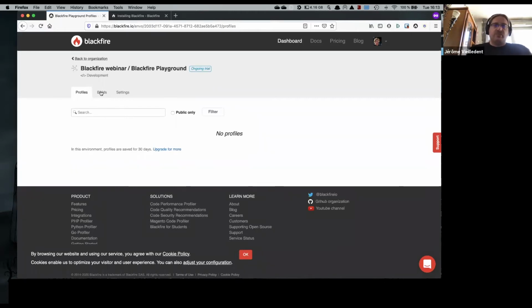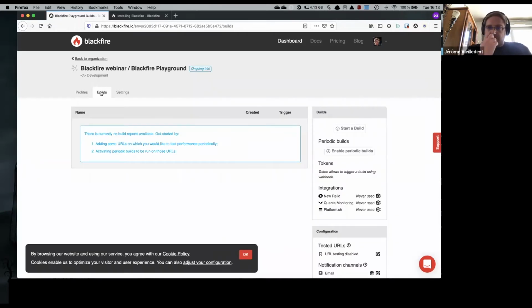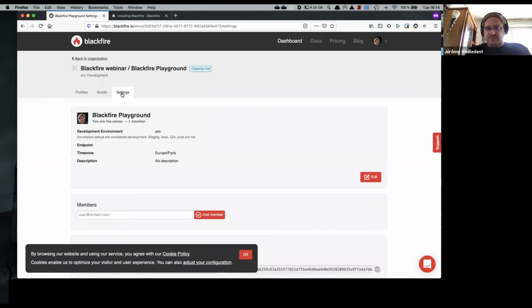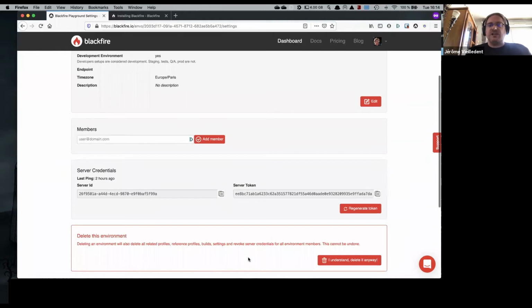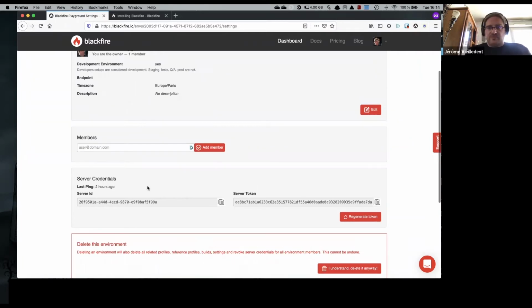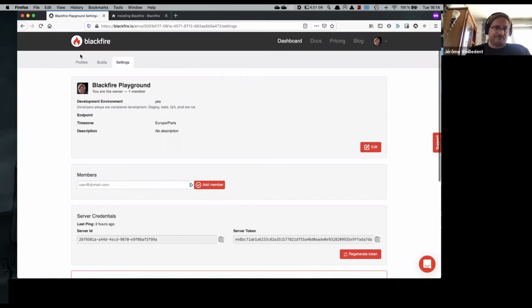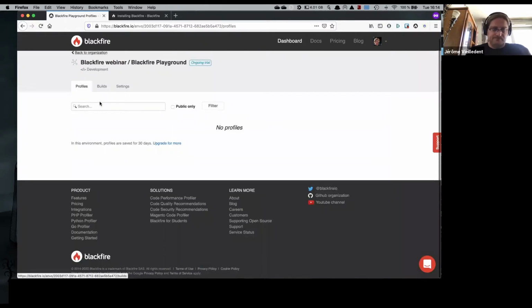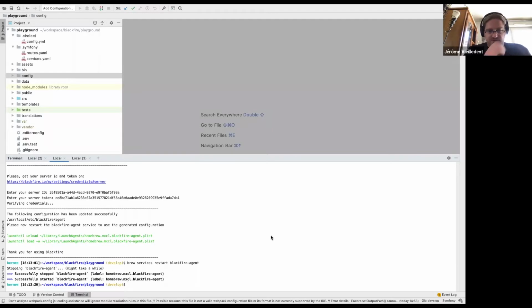You also have a builds tab that we will cover a bit later, and the settings tab where you can add new members, and you will find also the server credentials in case you didn't copy them. Okay. So now that it's successfully restarted,